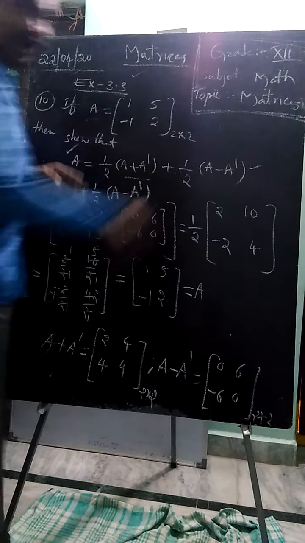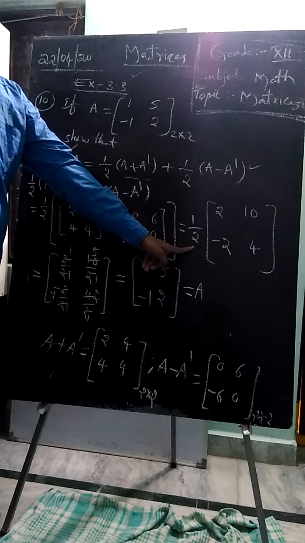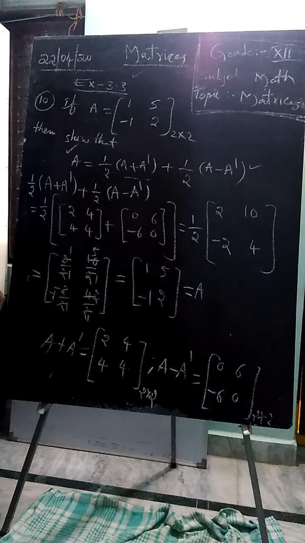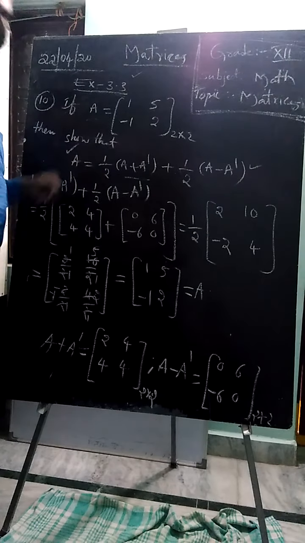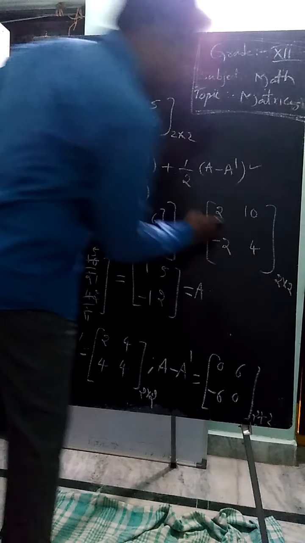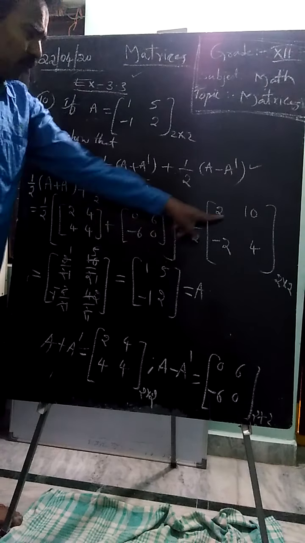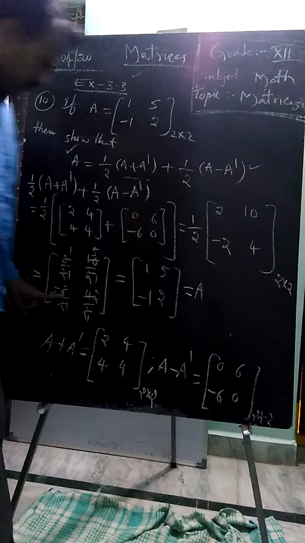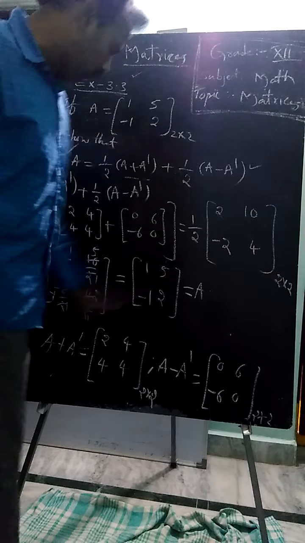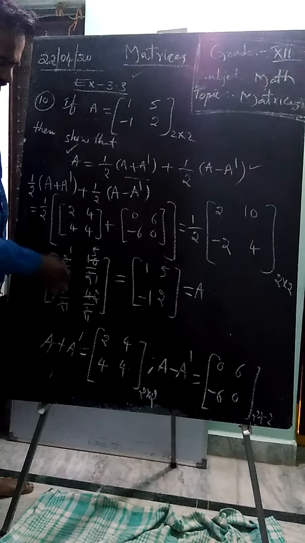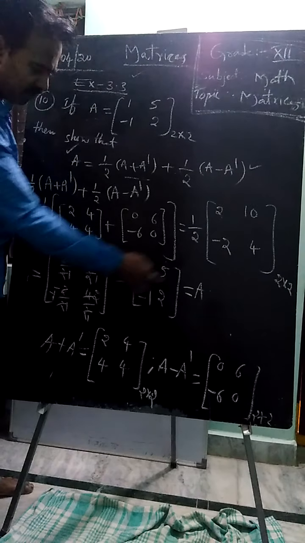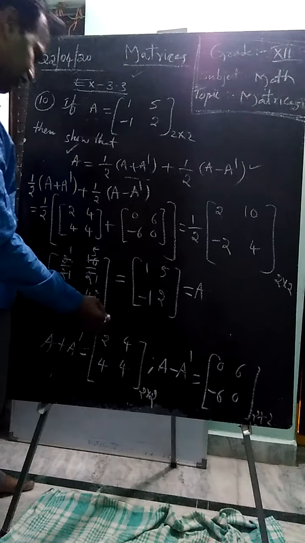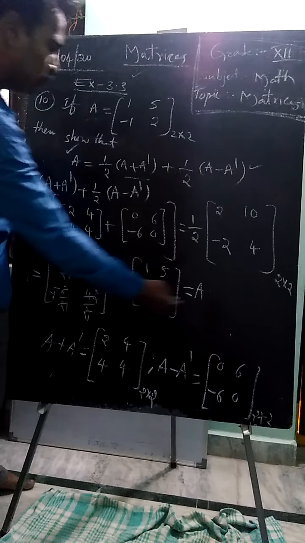Now when we multiply a matrix by any algebraic term, a constant or variable, like K times A, the multiplication applies to each and every element of that matrix. So we multiply half into 1 by 2, half into 2, 2 by 2, half into 10, 10 by 2, half into minus 2, minus 2 by 2, half into 4, 4 by 2. Let us cancel: 2 ones are 2, 1 by 1 is 1; 5 by 1 is 5; minus 2 by 2 is minus 1; 4 by 2 is 2. That is A.